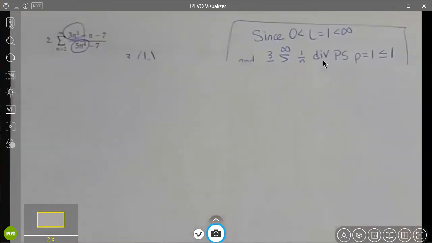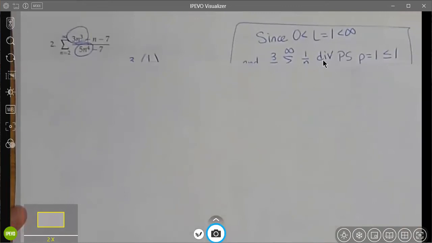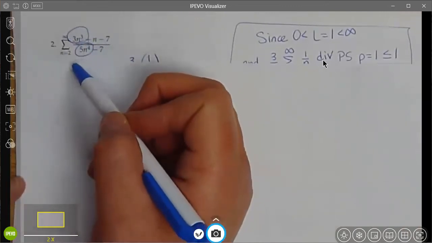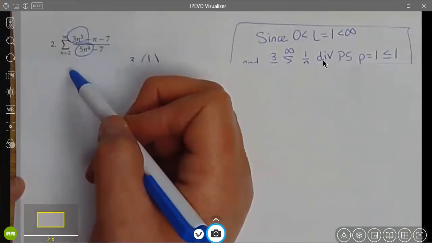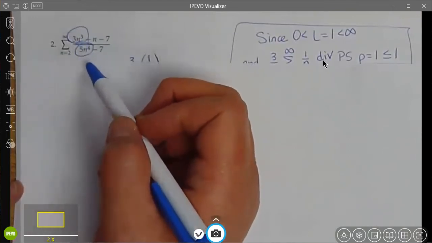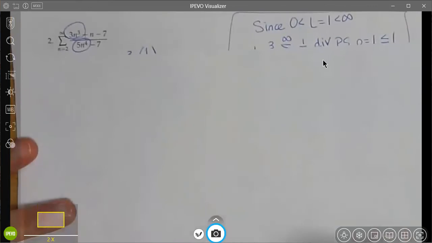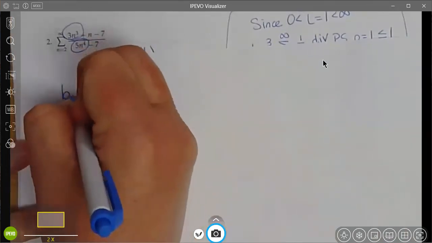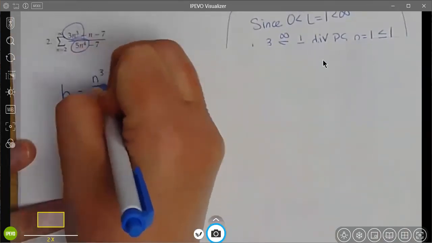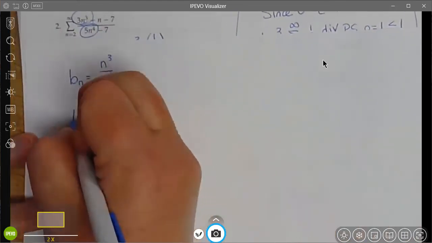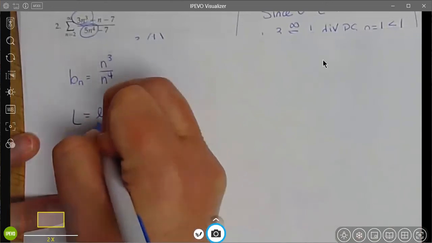So instead, if I pick my b sub n, I'm still going to look at these leading terms, but maybe I'm going to leave off these coefficients. And I want to show you how that changes the value of the limit and why I usually include those coefficients. And you're certainly welcome to do it any way you want, as long as you're meeting the requirements of the test. So another choice for b sub n could be that you chose the n cubed over the n to the fourth. Okay, in that case, my limit now is going to be L is the limit as n goes to